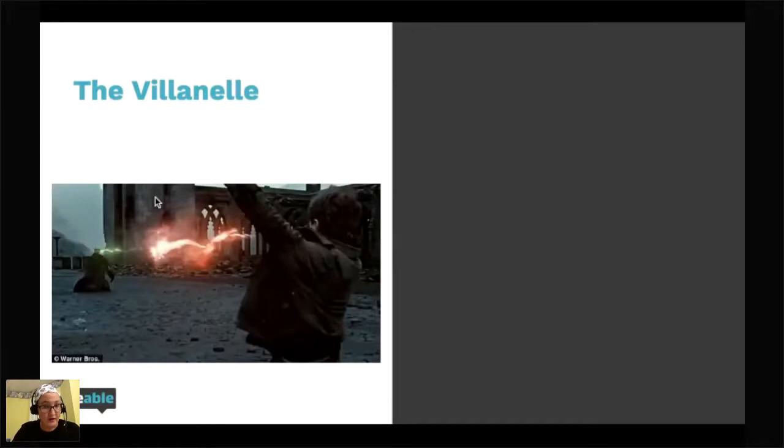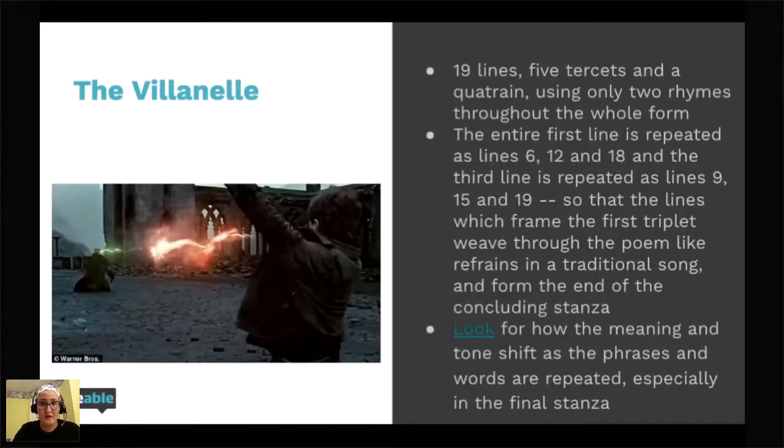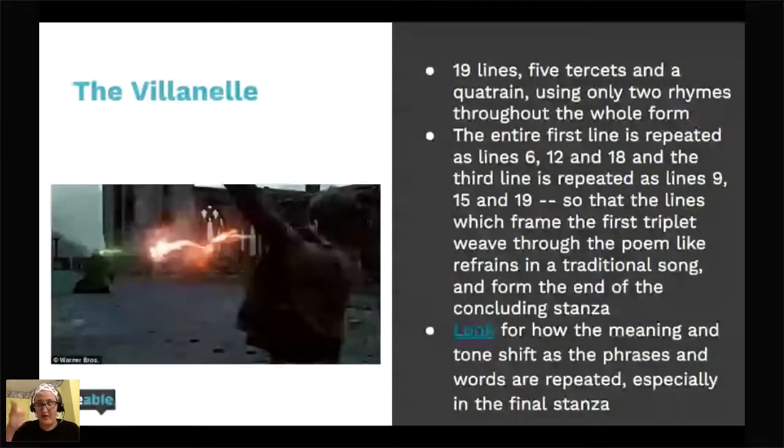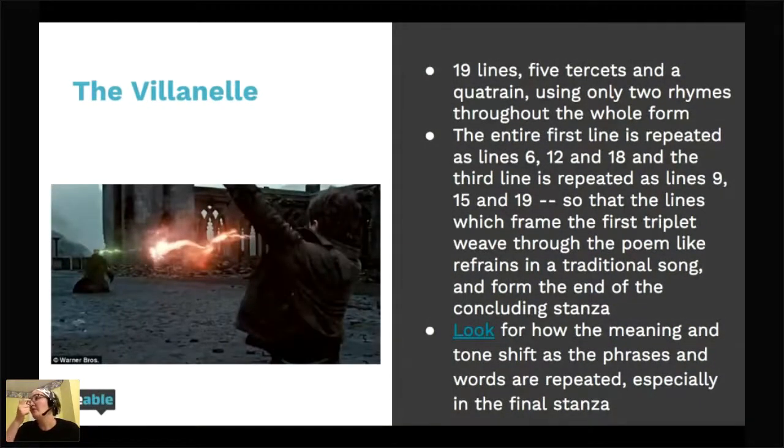Briefly talk about the Villanelle. This is just a very specific type of poem. It is 19 lines. I'm pretty sure there have been Villanelles on the AP exam. I have not seen one recently in the last 10 years or so, at least on the essay part. So I'm not sure how common, but pretty sure they have been there before. So it's a little bit longer than a sonnet, and it's separated into mostly tercets, which are 3-line stanzas, and the last thing is a quatrain, which is a 4-line stanza.